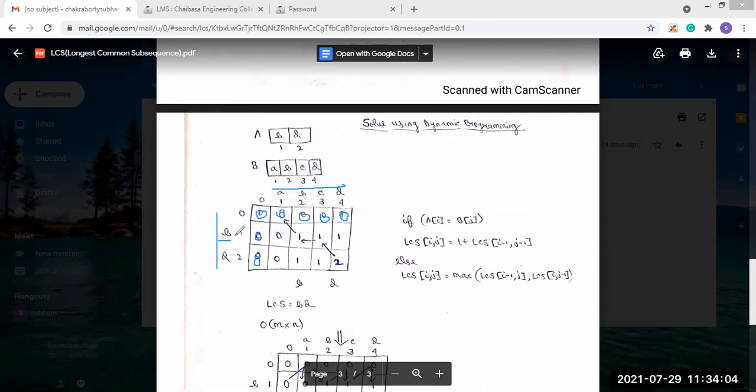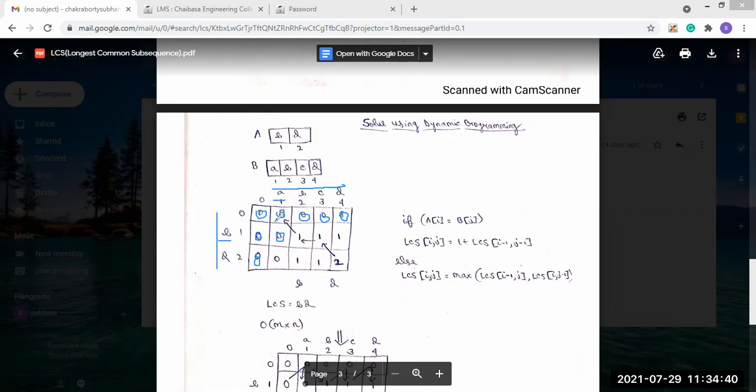So here the value is B, and here the value is A. So they are mismatched. Mismatch means we will compare the previous row and previous column, so here the value is 0 and the previous column is also 0.